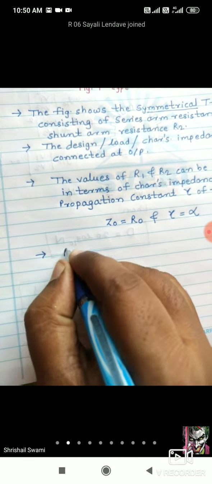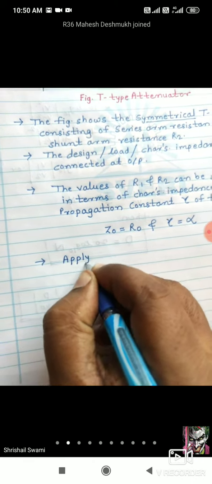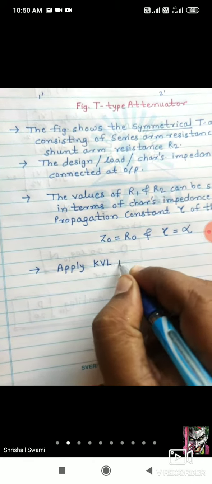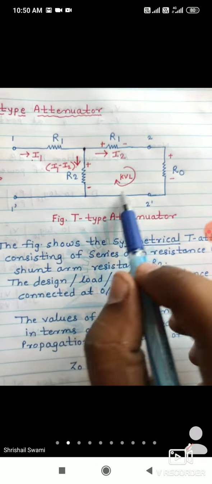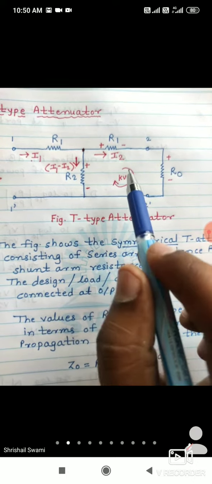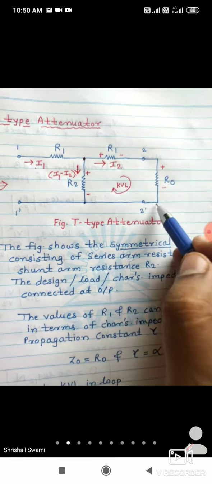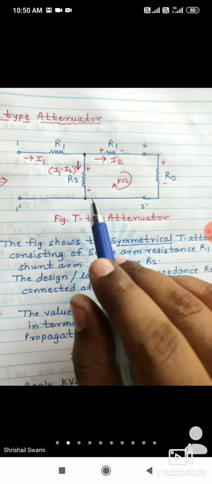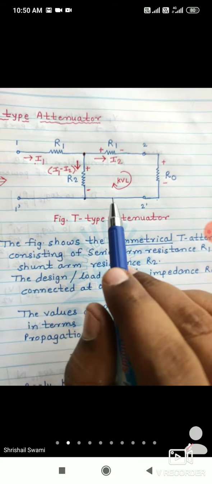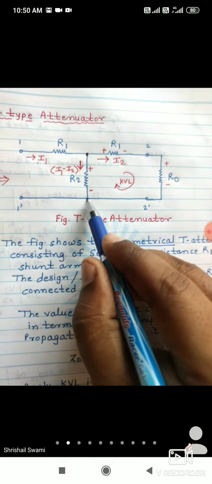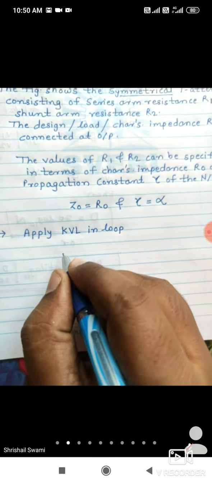So we will start now. Apply KVL in the loop. So already where we have to apply, I have marked here in this loop. You have to mark. You can start from this point, this point, this point, this point. From any point you can start, but that should be the end point also. जो start point असेल तो end point पण असायला पाहिजे. Okay. Now I am starting from this point. Minus to plus. जेव्हा असतो तेव्हा plus.